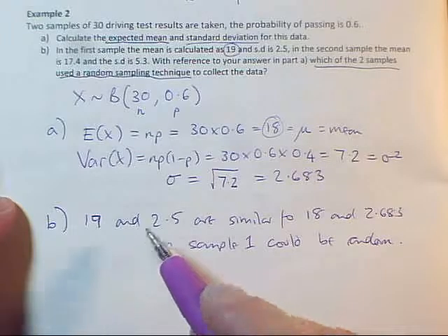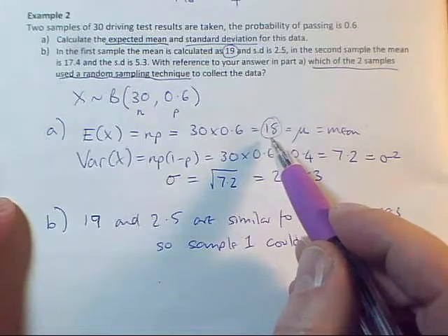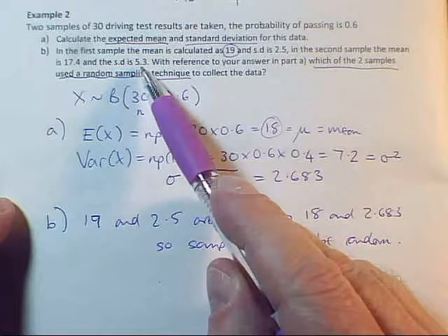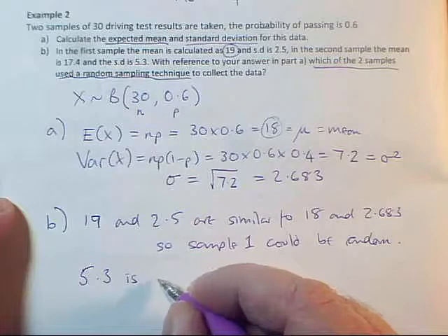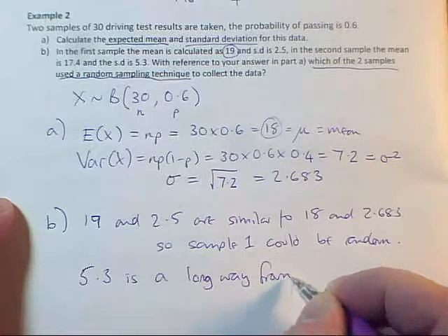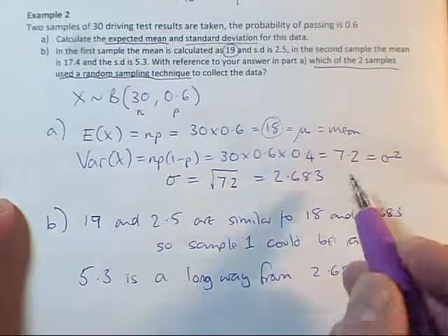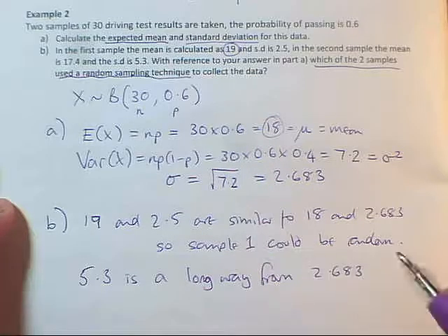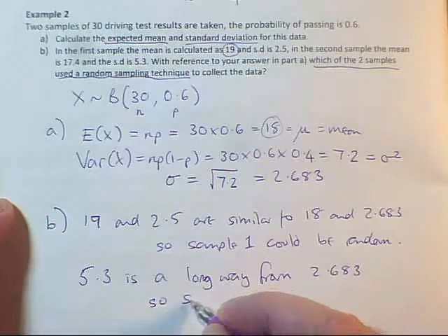Now for the other one, the sample mean was 17.4. Once again, not too bad for 18. However, the sample standard deviation of 5.3, so it's 5.3 I need to focus on, is a long way from the theoretical value of 2.683. So this is all on the assumption that the sampling was random, because the events have to be independent, and the actual value isn't in line with that. So I'm going to say that sample 2